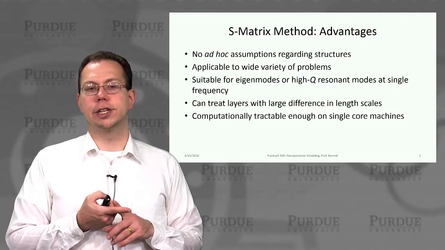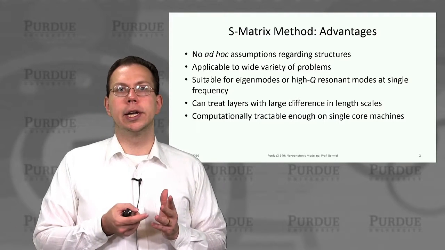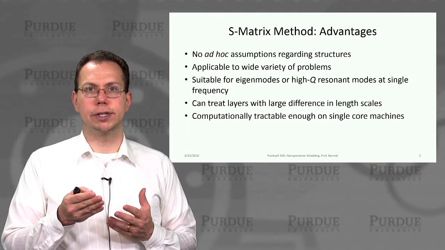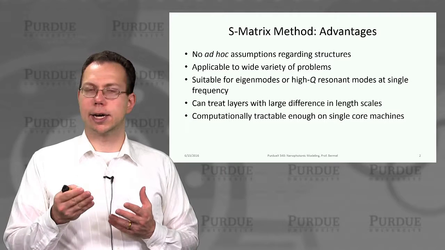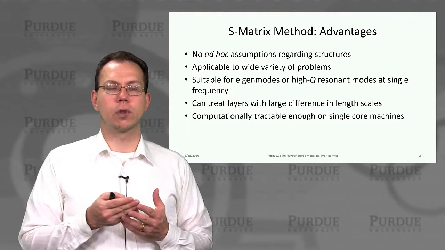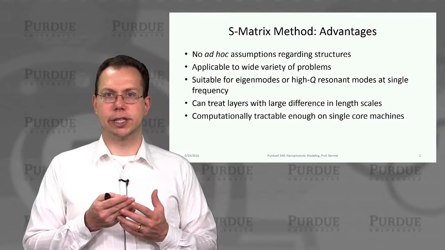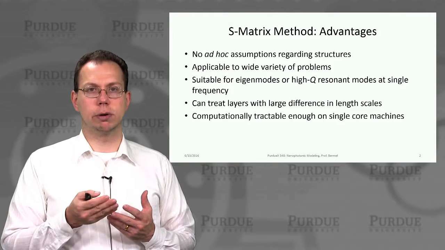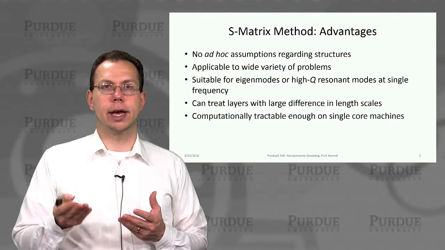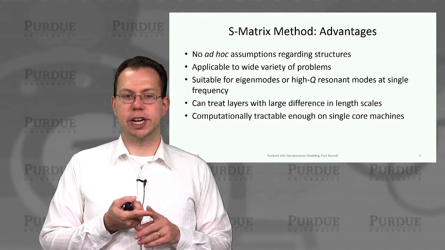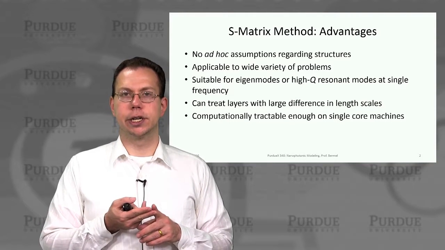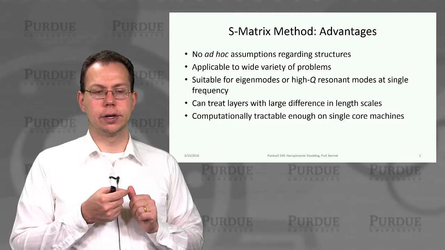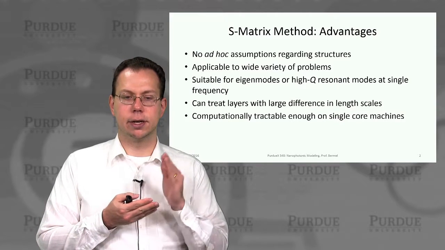So the first advantage of this approach is that, as you could see from what we did in deriving the S matrix method, we don't have to make ad hoc assumptions about our structures or make uncontrolled approximations. Instead, we're essentially taking Maxwell's equations and rewriting them in a form suited to certain types of geometries. That means in principle they should be very accurate and apply to a wide range of optical problems, especially when the system is a layered structure. It can even have periodicity, which is really important.